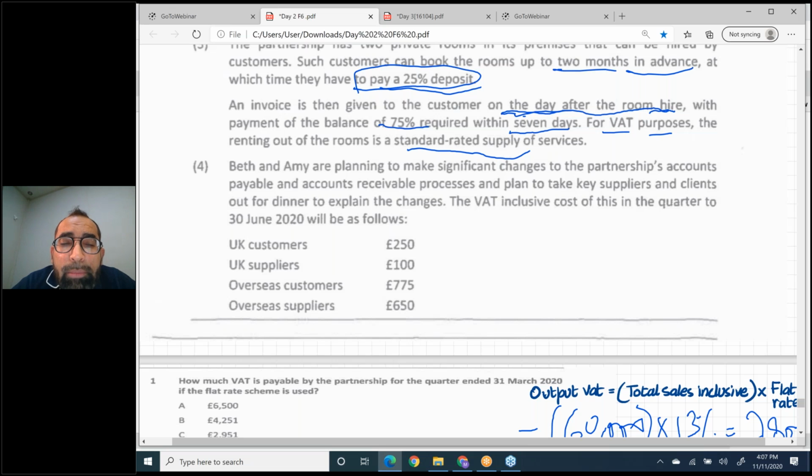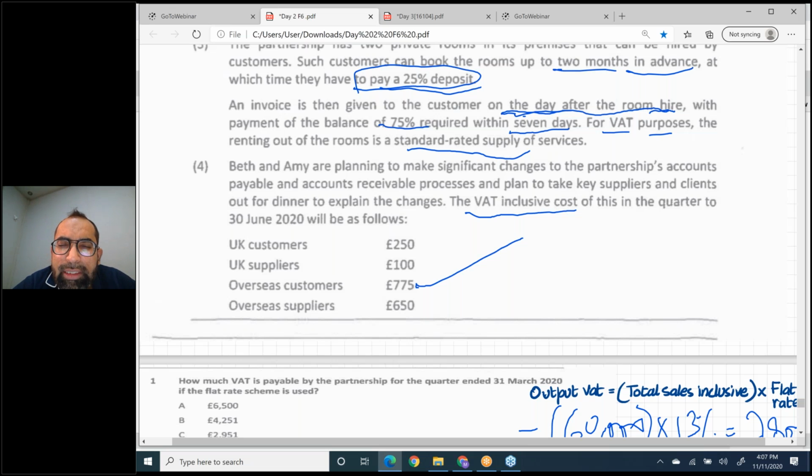So out of these four numbers, only one number is relevant, that is overseas customers. And look here, this 775 is the VAT inclusive cost. So the examiner may ask you to calculate the input VAT. If you want to calculate the input VAT,